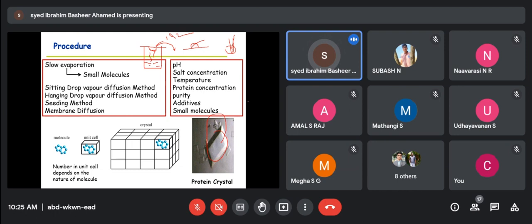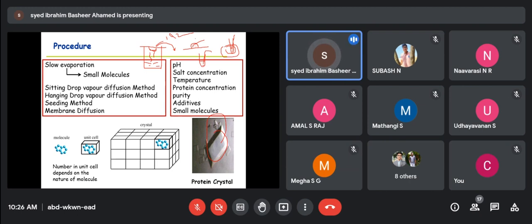Sometimes this will give too much nucleation. In that case, once you dip into this crystalline solution, you can take another solution where you have only buffer, so no microcrystals here, and dip the cat whisker there, so that if there is a large amount of microcrystals, they go into this solution.